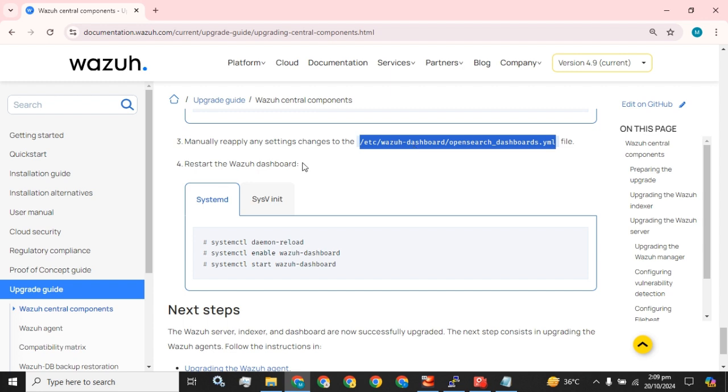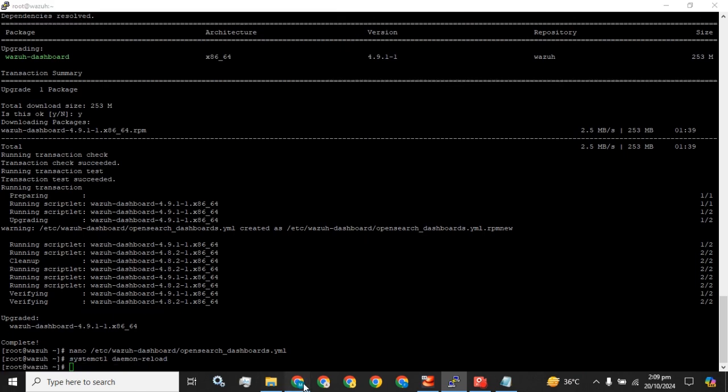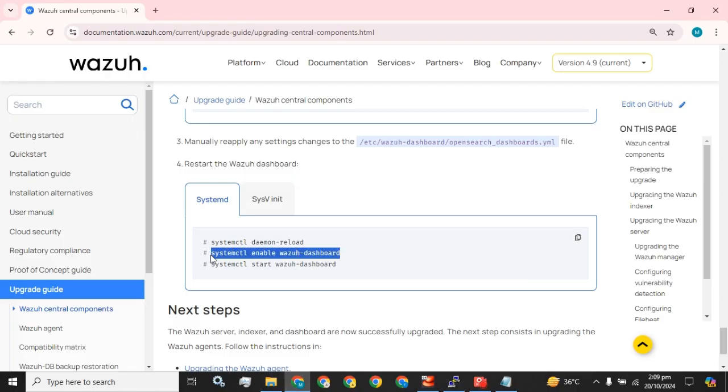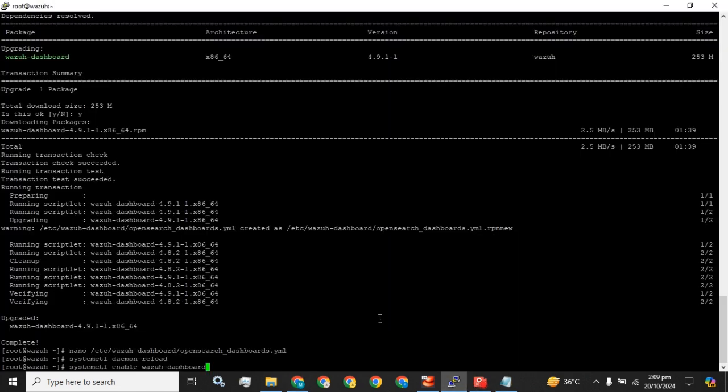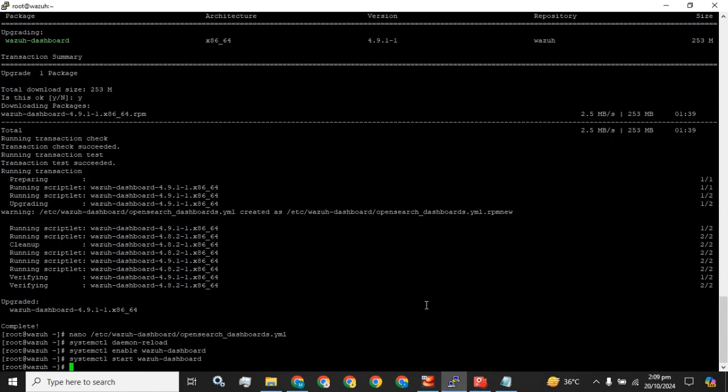Now we are going to restart the Wazuh dashboard. We have to run these commands one by one